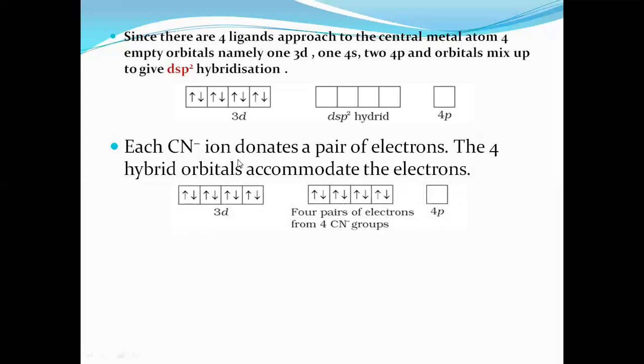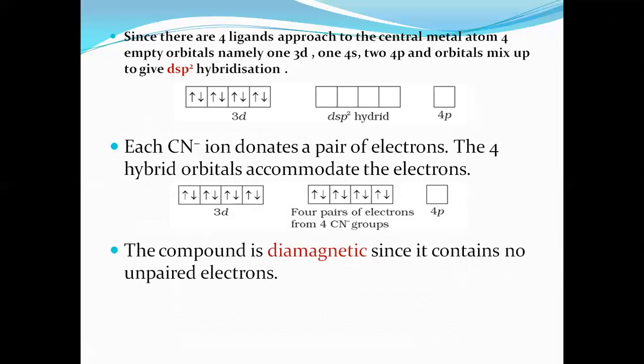In the complex we can see there are no unpaired electrons, therefore the complex is diamagnetic, and it uses its inner d orbital. It is an inner orbital complex, also called a low spin complex. Students, try to remember, these are the 4 complexes you have to study. Out of the 4 complexes, one will definitely be in the examination.